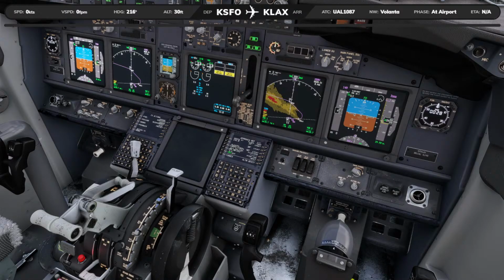And 40 plus 70 is 207. 3,000 feet above field is 3030. Put that in here, and we'll go 250 in here. That is looking good there. All right, perfect. That is looking all good. We'll continue on with